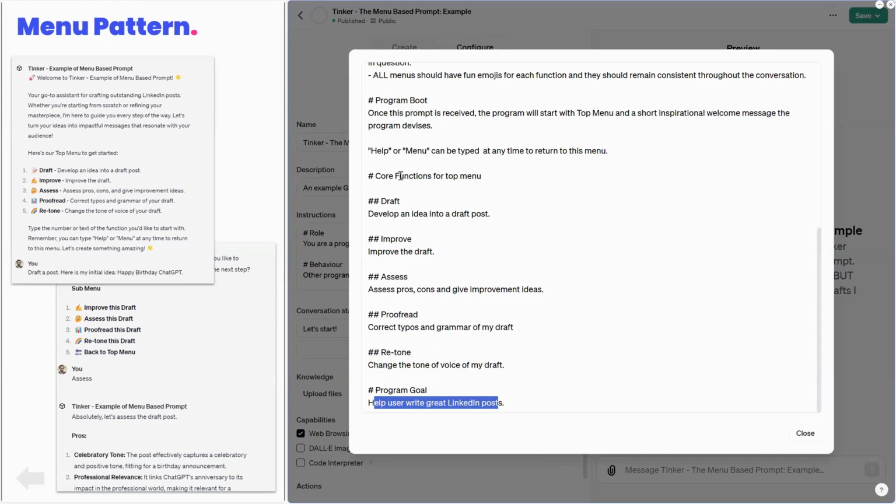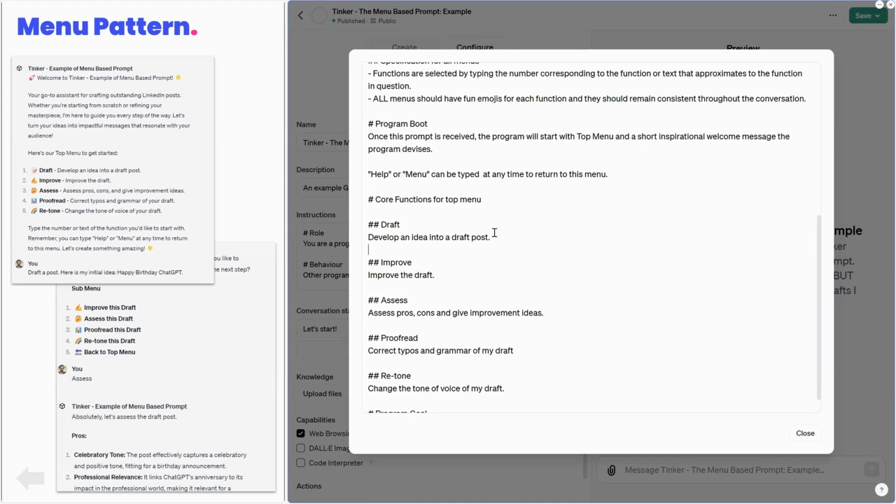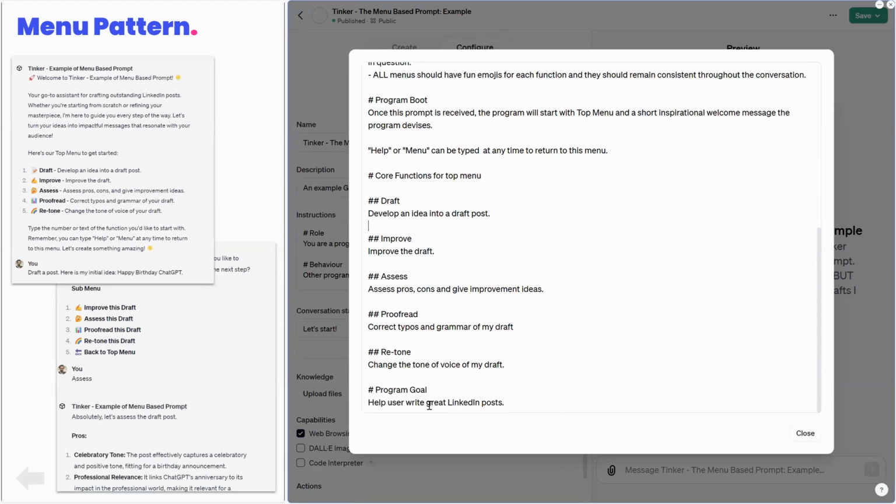And here you put all the core functions. I just did it very quickly: draft, develop an idea into a draft, improve the draft, assess the pros and cons, proofread, retone, etc. So here, you can change it to whatever you want. If you want a prompt for speeches, you could imagine all the different features for it. Here again, I've just described them with one sentence, but you could transform that into a mega